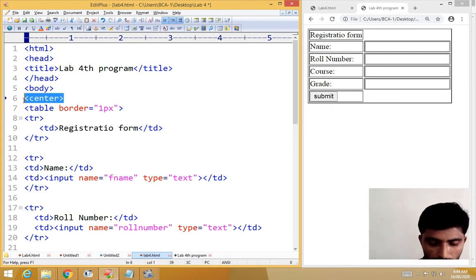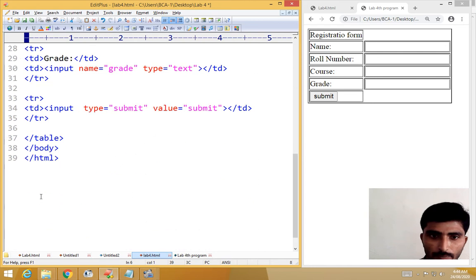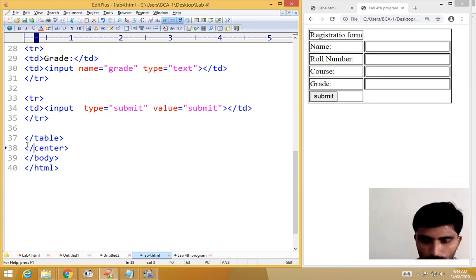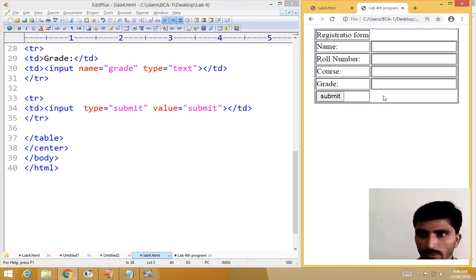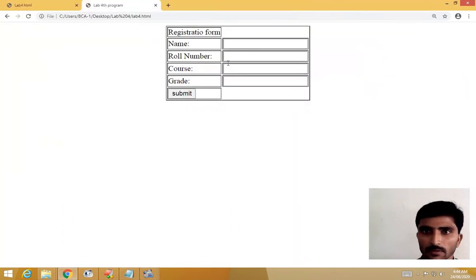Then copy this one, and after closing the table, paste it and close it. Save, then reload. See, now this form is centered, right?